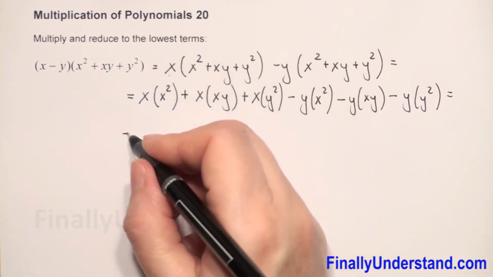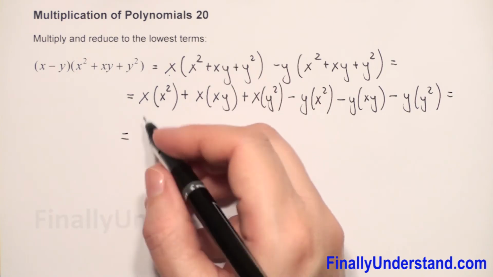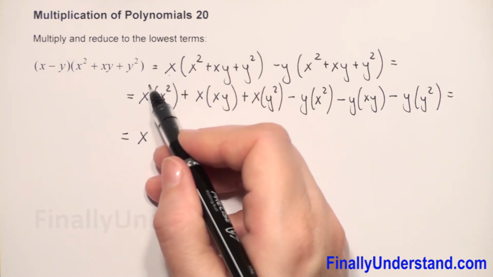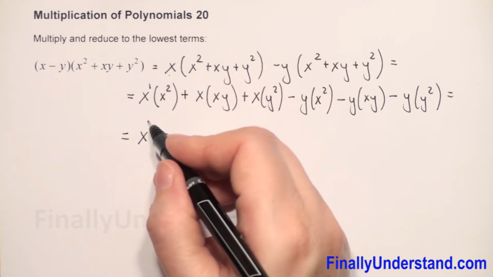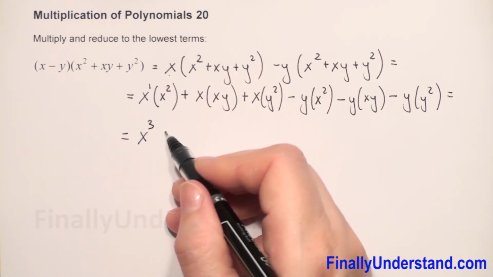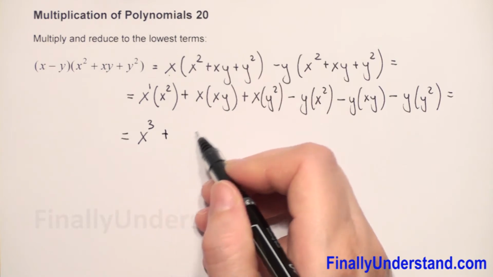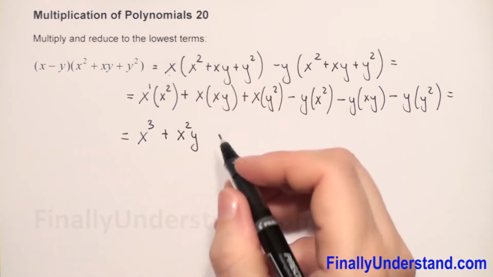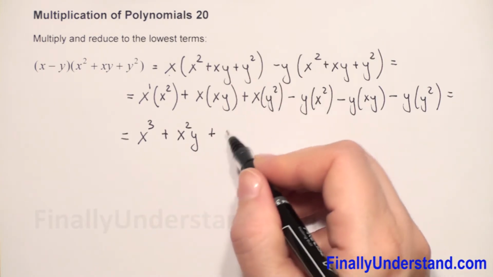So this is equal. When we have multiplication, the same base, we copy the base and we add exponents. When we don't have exponents, it's always an invisible 1, so 1 plus 2 is 3. Next we have plus x times x is x squared, and y we have to rewrite, plus xy